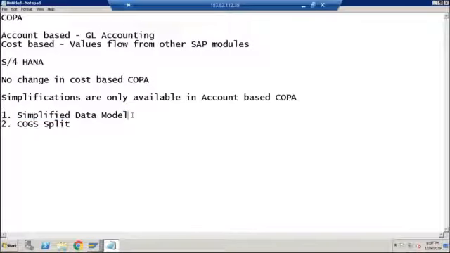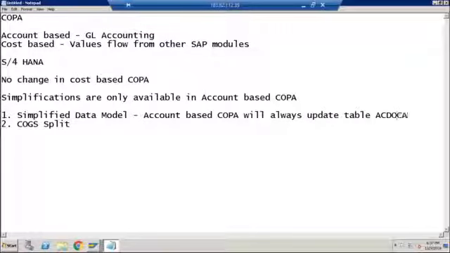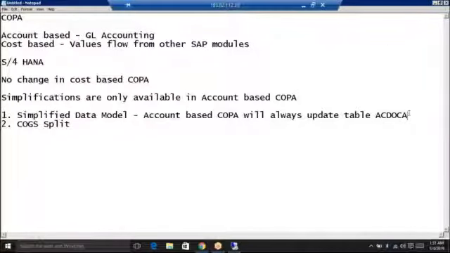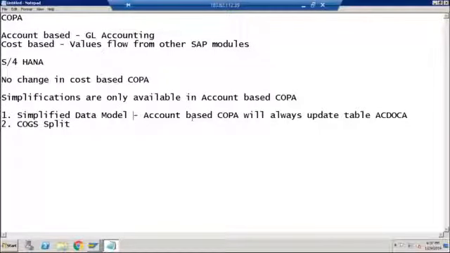Okay. So now we completed the understanding of simplified data model. What do you mean by simplified data model? Simplified data model means account-based COPA will always update table ACDOCA, and the old tables which are related to account-based COPA will not be updated anymore. And that is the reason there will not be any reconciliation issue between your COPA and FI. Okay. Now let's talk about what is COGS split. This is the second functionality which is available in